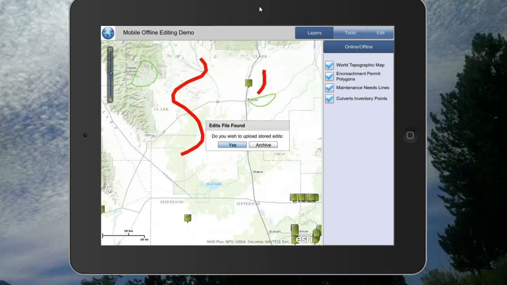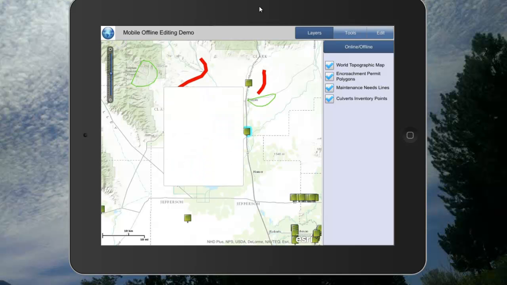Do we wish to upload the stored edits? In this case we want to say yes. And you get a little message that says we're pushing the updates to the server, and now we've got a new point. Let's just go have a look at that point. So we'll tap it, and up comes our attribute window. Let's just scroll down. There's our notes which says test,